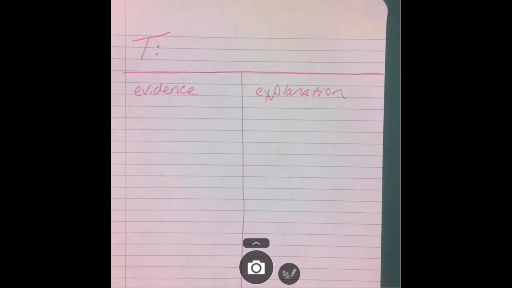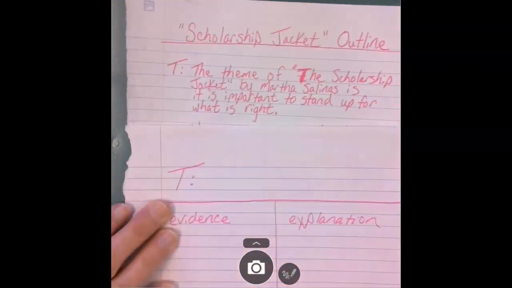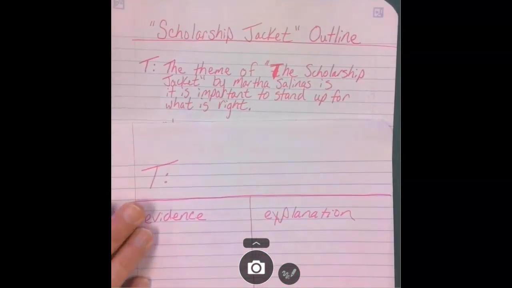So, for example, if we were reading the scholarship jacket and we had to make a star outline of the scholarship jacket, and the question was, what is the theme of the scholarship jacket? Then in our star outline, you would just write, the theme of the scholarship jacket by Marta Salinas is, it is important to stand up for what is right. So we want to just turn our question into a statement. What is the theme of the scholarship jacket? Turns into the theme of the scholarship jacket is. Okay? So you're going to first write your topic sentence